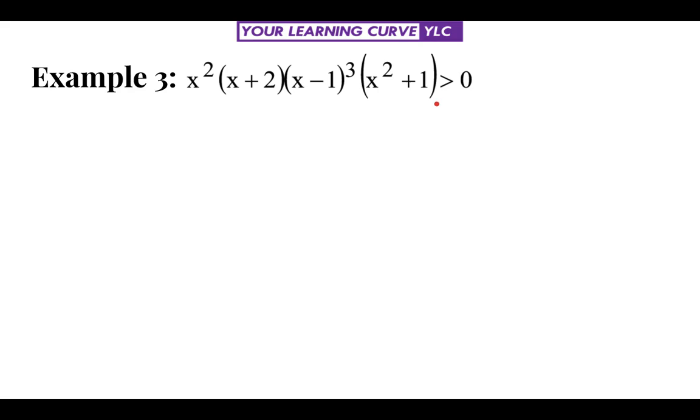So, before I start discussing the solution, I want to tell you certain things. Here you see certain factors, x square. We know that x square is always positive. So, it is never going to affect the sign of this function. It is a positive number. We can divide by this positive number on both sides. Only problem in division and multiplication in inequality is with negative numbers.